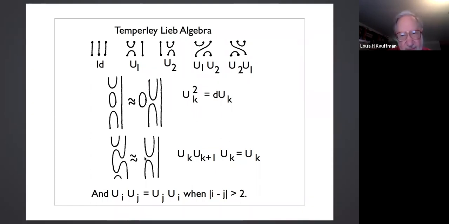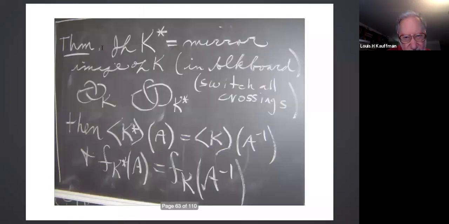Reminds you of braiding. And in fact, this is part of the story of how Vaughan Jones found the Jones polynomial. He was using an algebraic version of the Temperley-Lieb algebra, not this diagrammatic one, but he noticed that this is reminiscent of braiding. Now, what does this have to do with what we've been talking about? Well, you see horizontal smoothings in here and you see vertical smoothings in here, but I could have drawn a better picture, but I will go back to this diagram